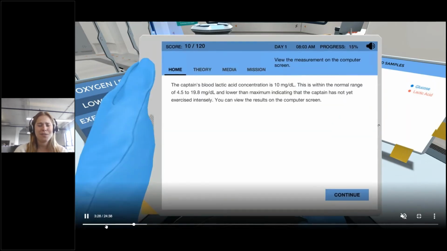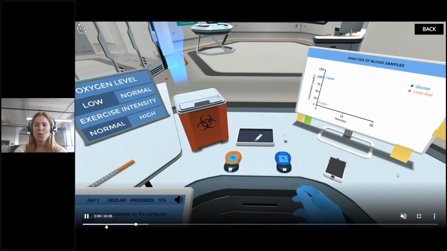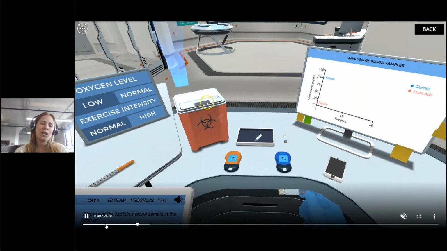So for this lab specifically, we actually run back to the court during halftime, get some more blood samples, and continue to test and build that hypothesis. So as doing so, our lab pad is keeping track of all of the data, and we're following that lab safety protocol by always putting things in the hazardous waste bin.